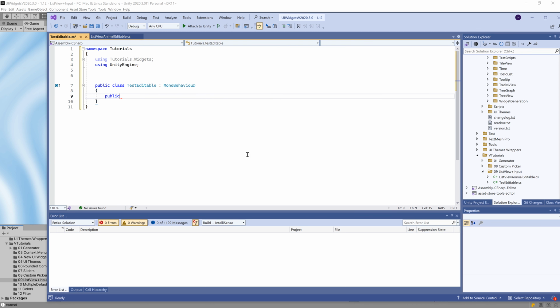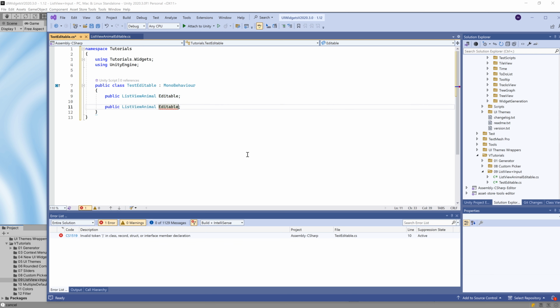I created a script to share a data source with another list view to show value changes.